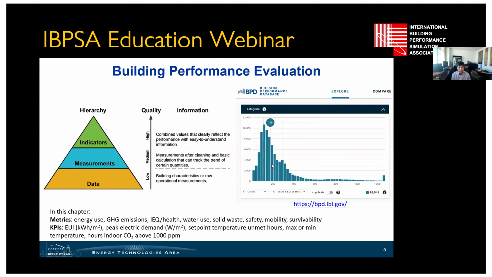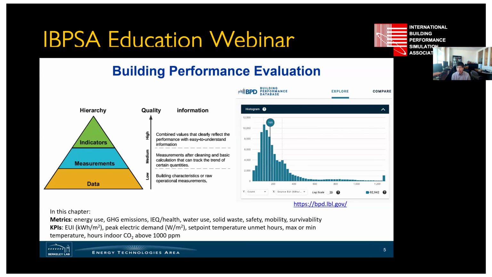With that in mind, we ask how we can understand a building's performance. Is it good, and good compared with who, the peers? So here at LBNL, we developed a building performance database for the U.S. Department of Energy, and the database has more than 1 million buildings with real energy consumption data. You can compare your building's energy consumption, site energy use or source energy use, with a peer group, in the same location and climate, or a different location.